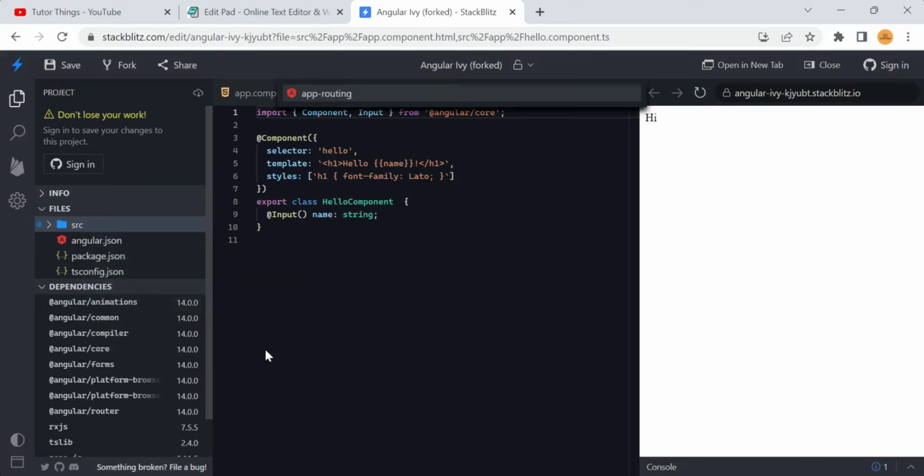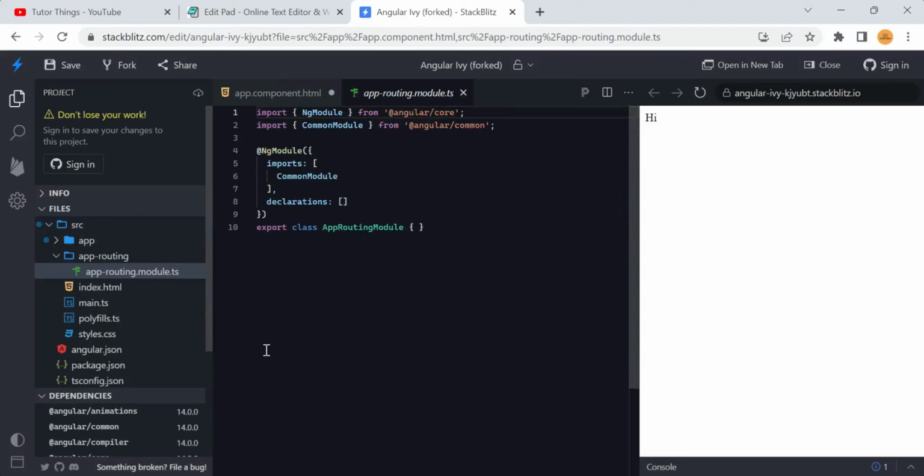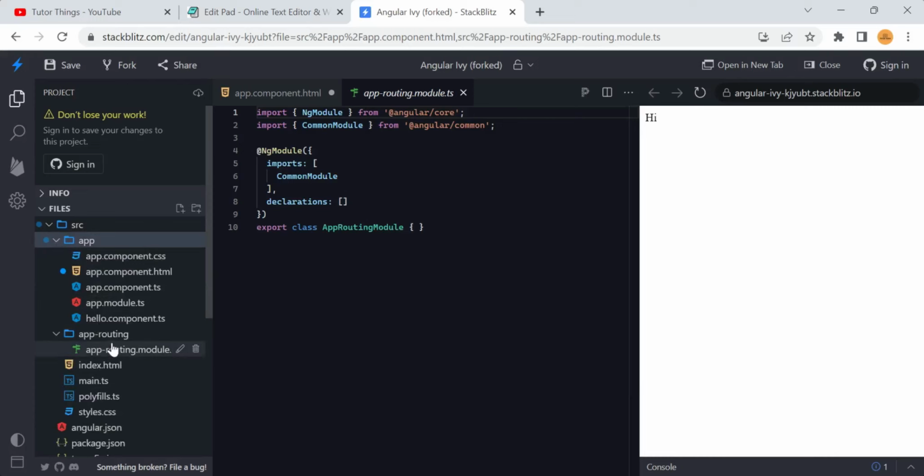You will have this routing automatically. If you are creating your application, it will ask whether you want routing in this application or not. If you say yes, this particular file will be automatically created. So one most important thing you have to do before creating this module,